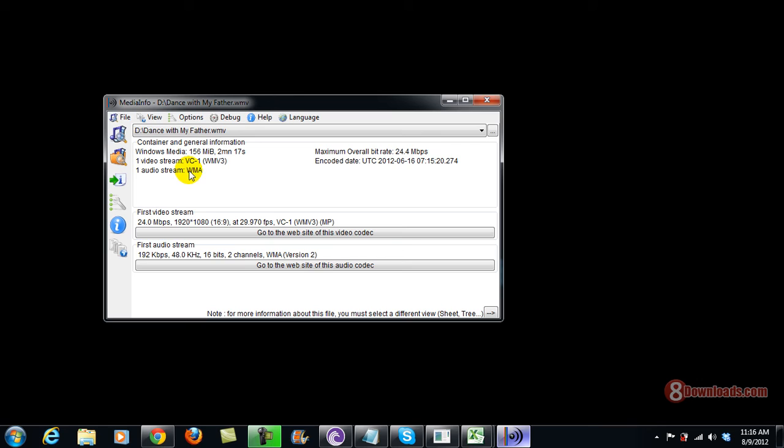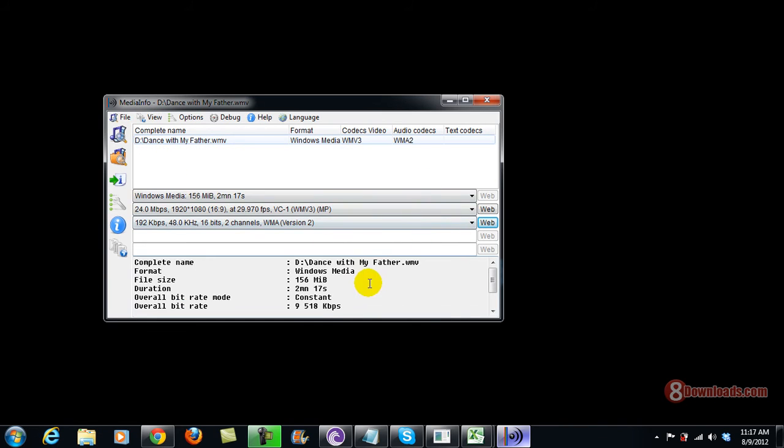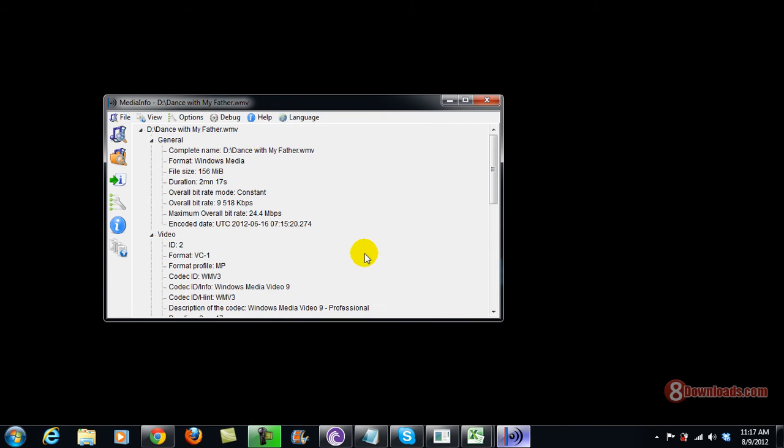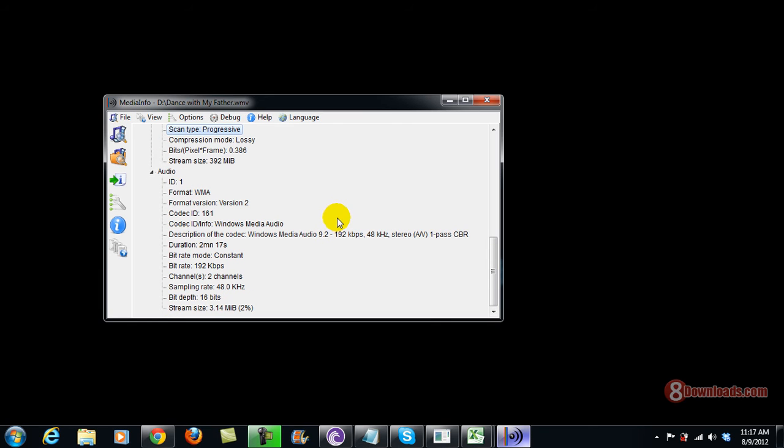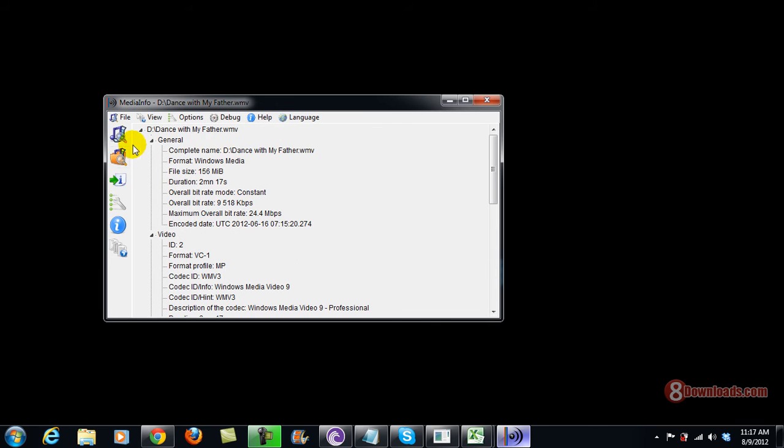And then as you can see, it's a WMV video, a Windows Media video. But apparently that's what you're seeing now. But with Media Info, you can actually change the view to either sheet, so you can know more, or you can even go to a 3 type of view, which is what I like because it has everything in it, including the duration and everything. So by just changing the view, you would unlock more features.